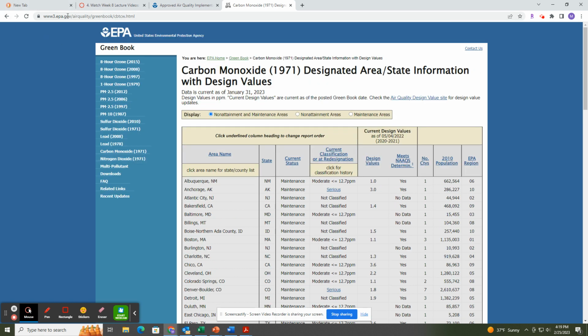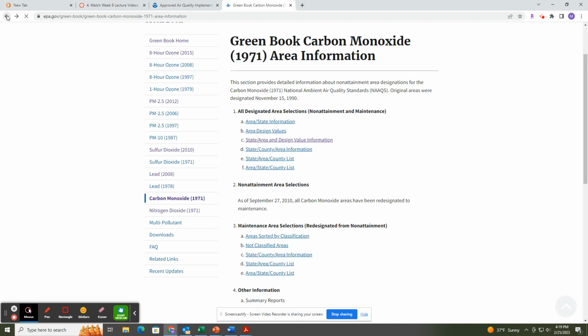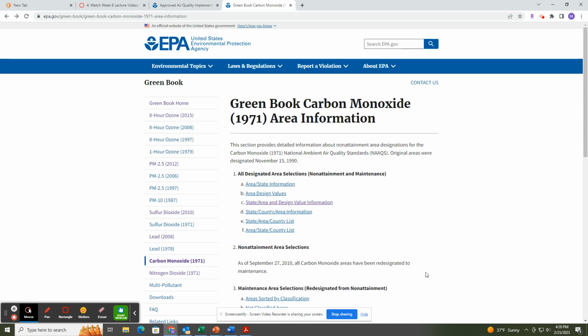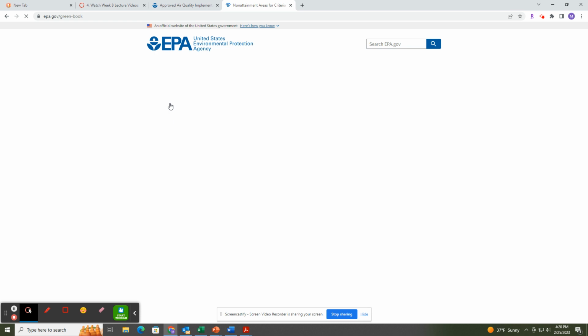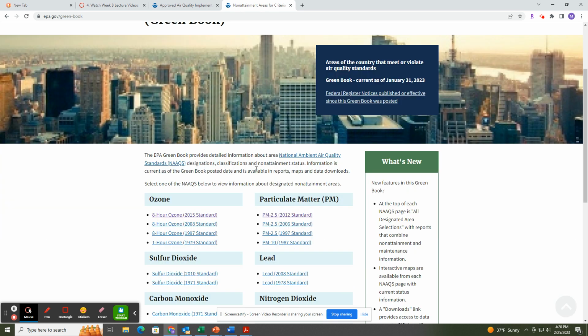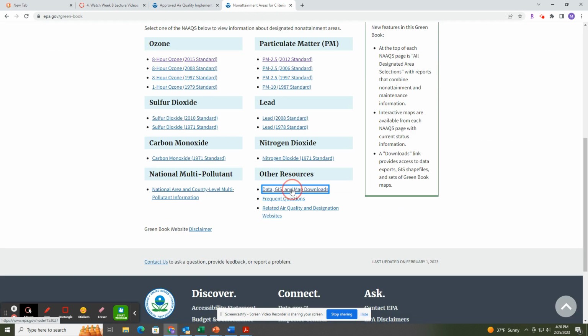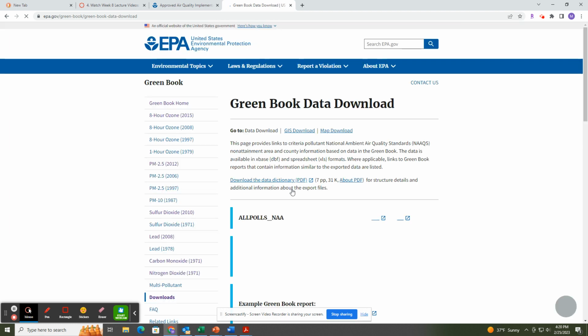The website is epa.gov/air-quality/green-book. And you can check out where everybody is in all these different areas in maintenance. I think there's a national map here. If I go to the Green Book home, where is it? Data, GIS, and map downloads.